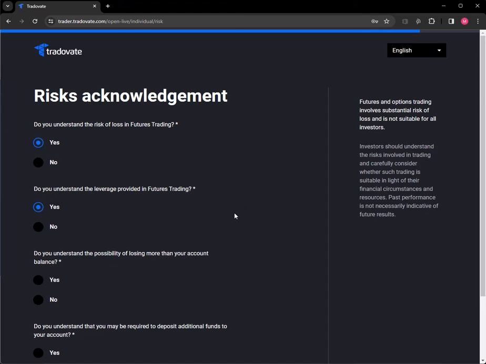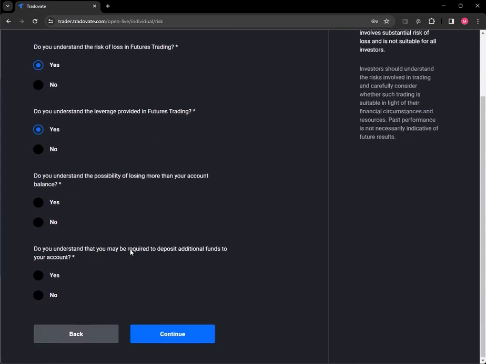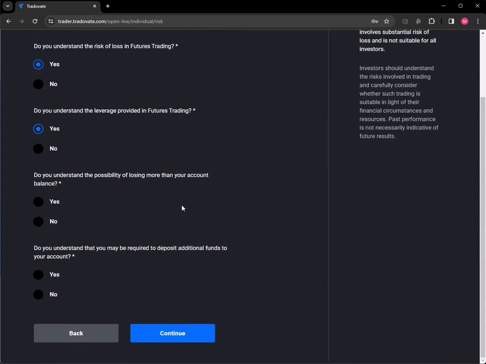Yes, leverage is that, especially with a broker like Tradovate, you only need about $500 to purchase one E-mini S&P 500 futures contract. The full margin value is a little over $12,000. So basically, they're allowing you to trade a contract with as little as $500 when you need over $12,000. That's extremely leveraged. So you can make a lot of money using a very little amount of money. You can also lose all of your money. And then this next one is important. Do you understand the possibility of losing more than your account balance?